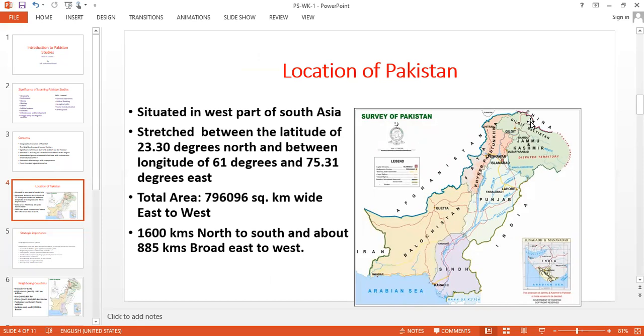And it minimizes almost 5,000 or over 6,000 kilometers of traveling. This is why CPEC is quite an important opportunity for Pakistan, especially for China, and notably for the Central Asian